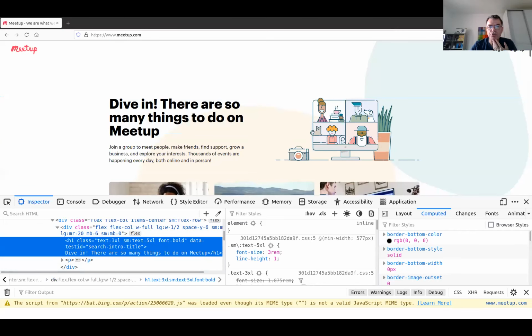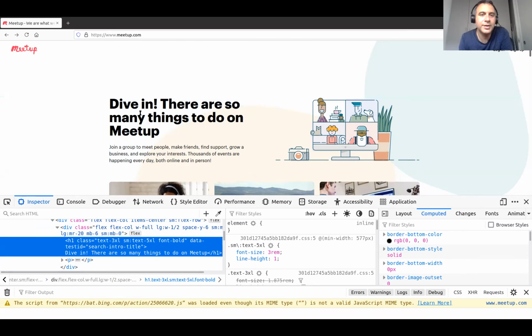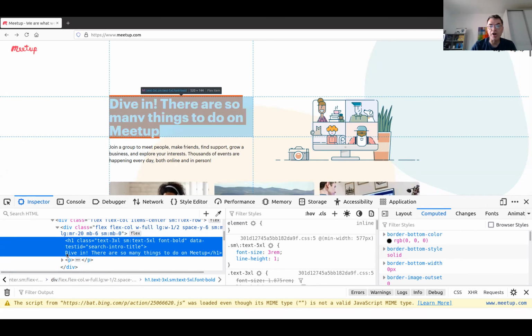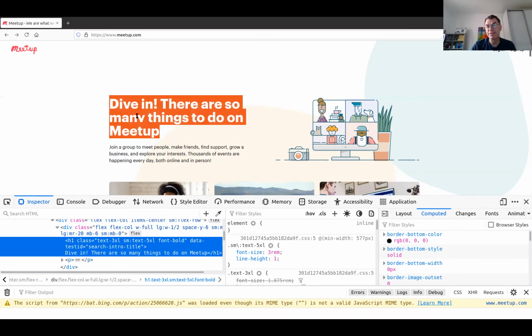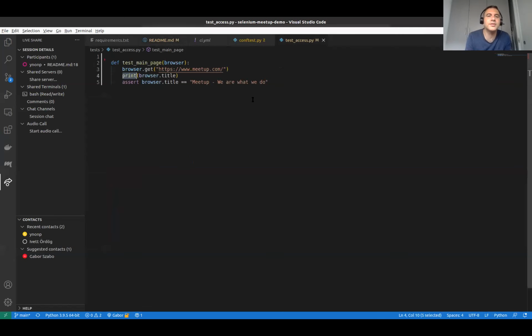So now I searched. I did an inspect element on this one. It's an H1 element. So you want to start implementing test number 1, right? Yes. I would say let's compare this string for now, even if it's not correct in the general case. Verify there is an H1. Why do you want to verify there is a text? Why not verify there is an H1 with text longer than 0? Okay, how do we verify H1?